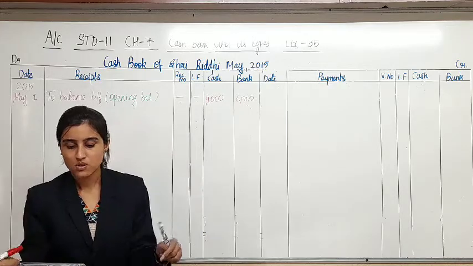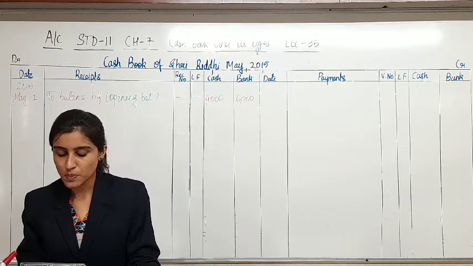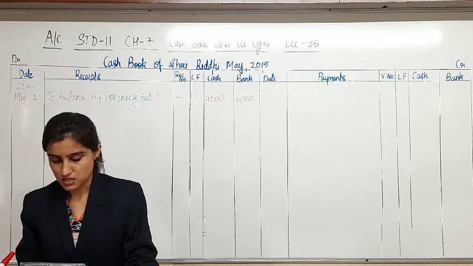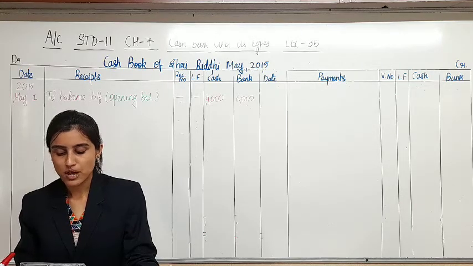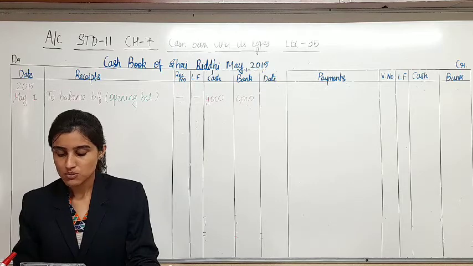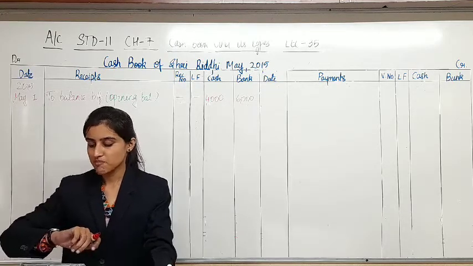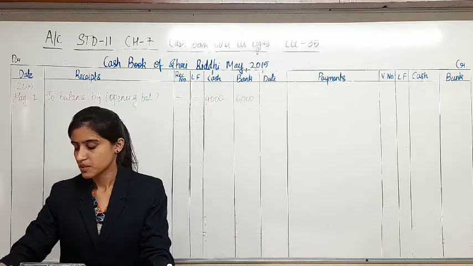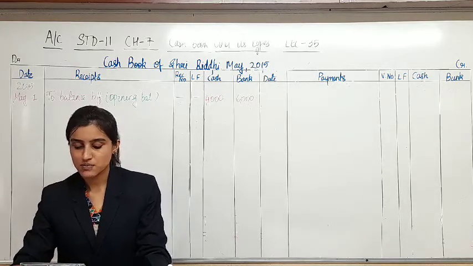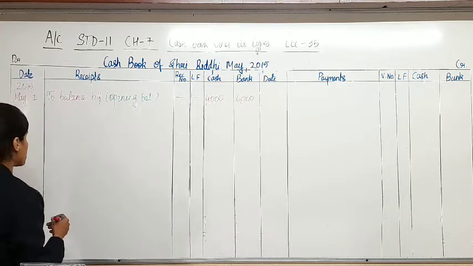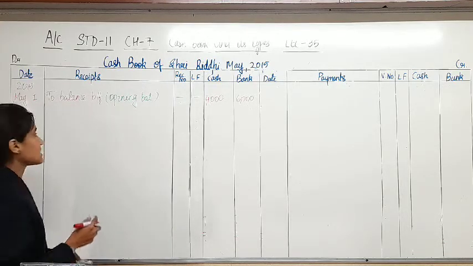Next, on 2nd of May, goods of rupees 5,000 sold to Monica at 10% trade discount. Monica issued check for necessary amount, which is immediately deposited in the bank. Goods have been sold to Monica, yes, and she has given check. If we are selling goods to Monica, of course we are going to receive amount, yes. So on 2nd of May,